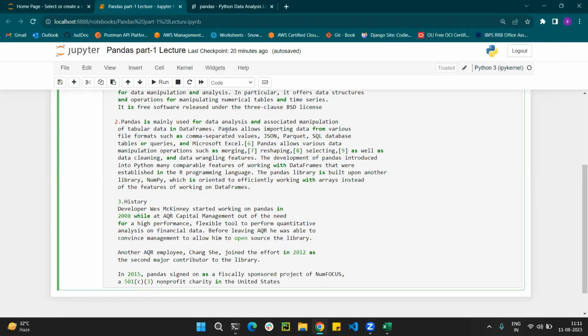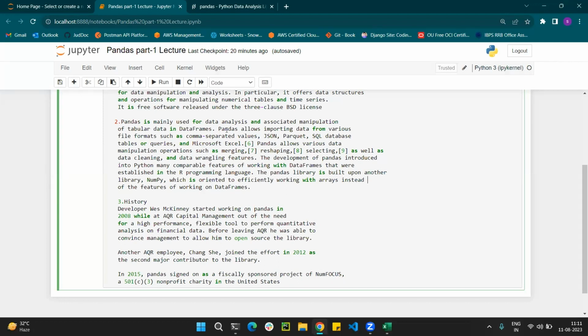So this is the thing, Pandas allows so many files. Let's say, as I already said, no matter whether it is text format, CSV format, Excel format, JSON, anything, or it is in a SQL database. The data may be stored in different places. It may be in the cloud, it may be in a SQL database, it may be in an Excel sheet, it may be in a CSV file. So anywhere the data may be there, in tabular format or query format, not a big deal.